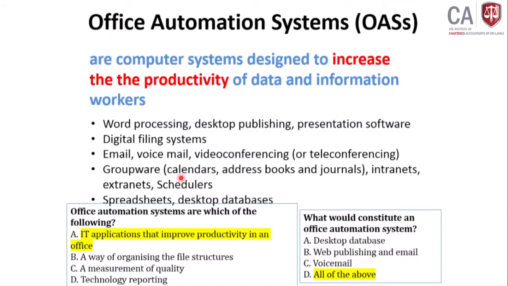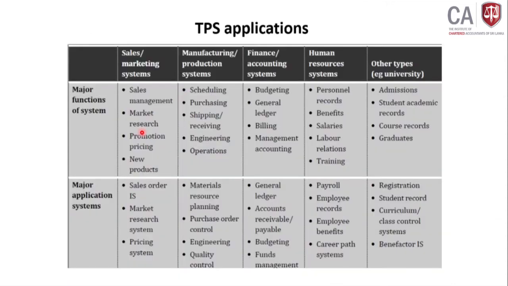Office automation system. What are office automation systems? It should come to your mind: word processing, desktop publishing, right? Those are computer systems designed to increase the productivity of the data. Let's say a question will come: the system that increases the productivity of the data is known as, then they will give office automation system, business intelligence system, and so many other examples. So you have to select. They will give what is the correct office automation system. They will give word processing and they will give these systems as well,